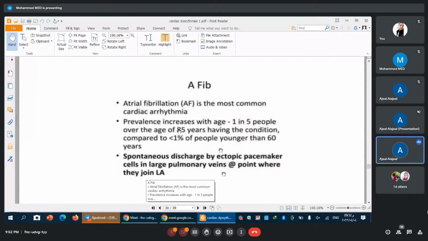And this is one way of treatment. If you ablate by radio